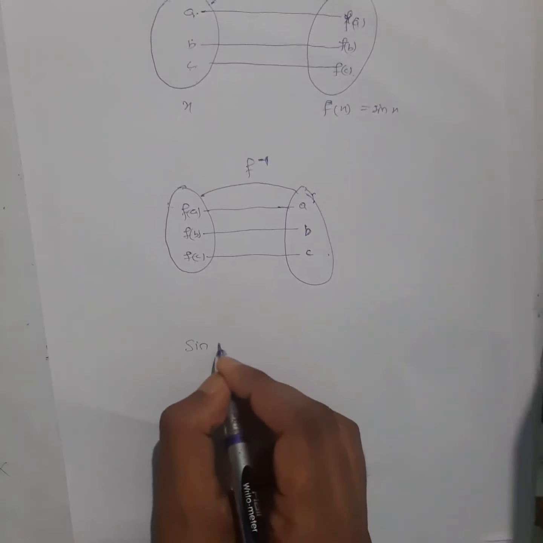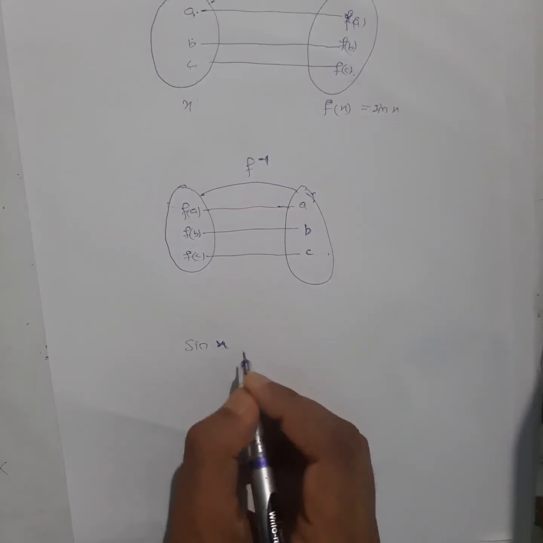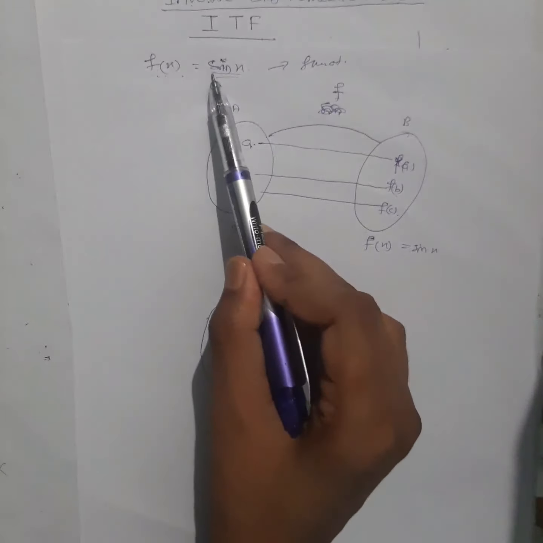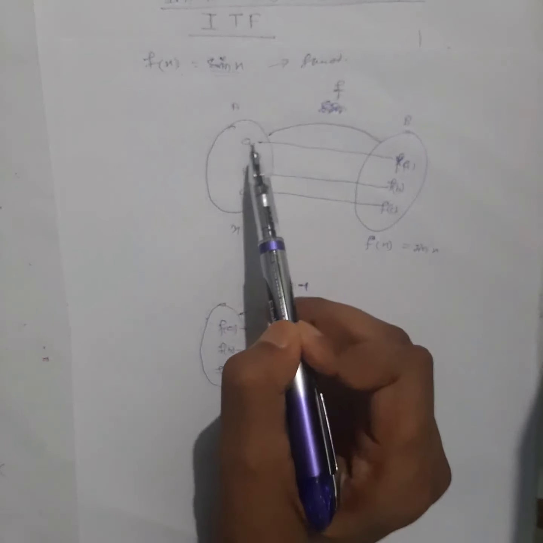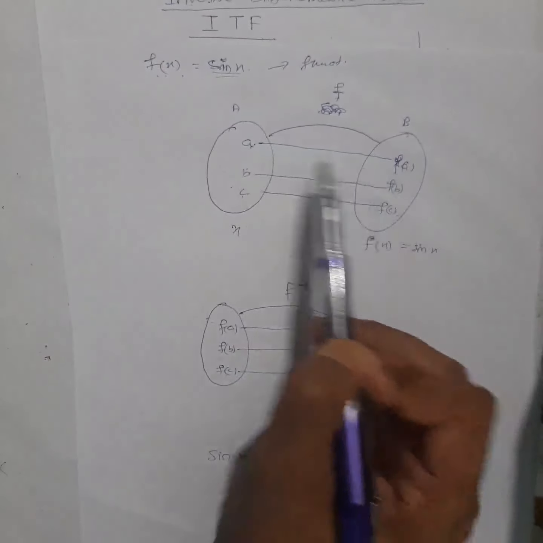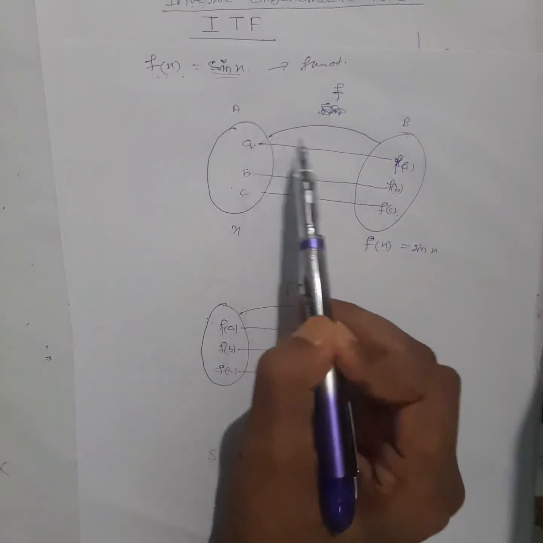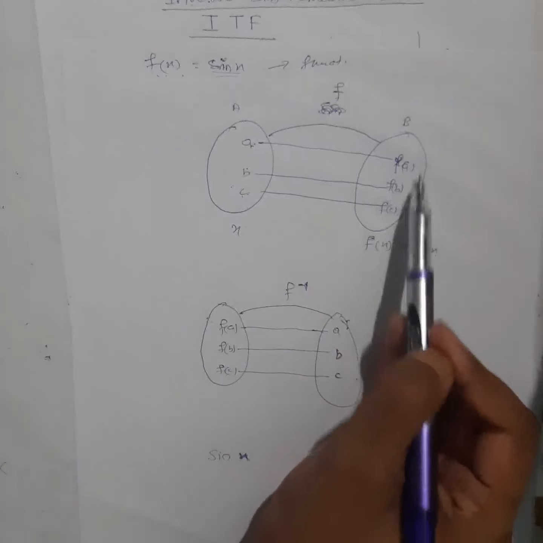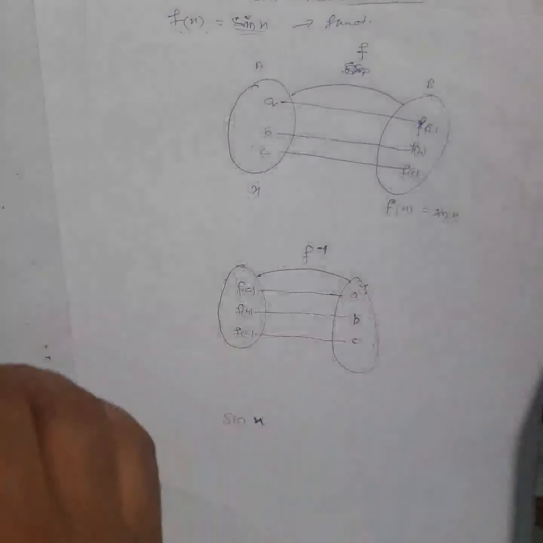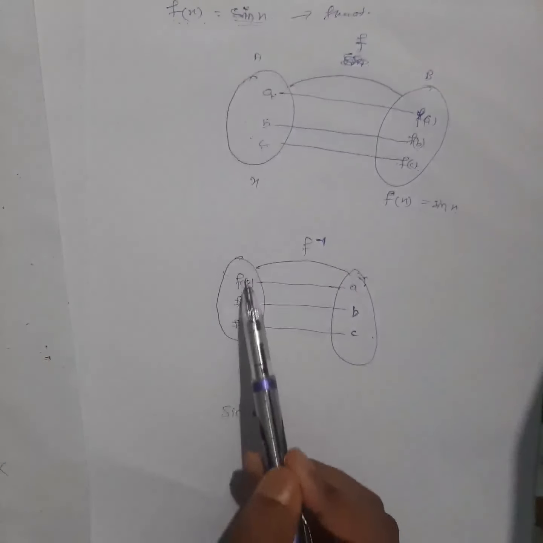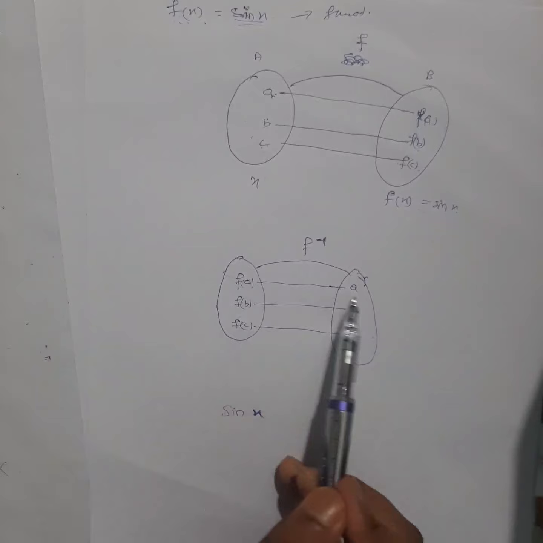Now see, if I have to plot sin x, what is the domain? You know how to find the domain now, right? This is just an example I have taken. If this is the sin x function, then every element here must have an image here. And how many images? Exactly one image, and this image will be sin of x only. So when you do the inverse, this condition must be satisfied: every element here must have an image, and exactly one image.